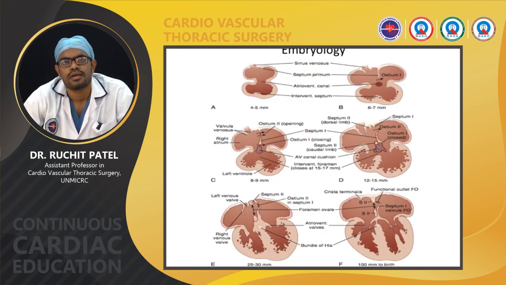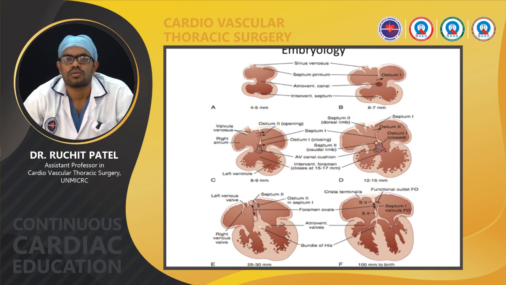Looking at the embryology, around the 6th week of gestation, the common atrium is divided by the septum primum, which grows from the roof of the common atrium towards the endocardial cushions, which form the future AV valves and eventually close the ostium primum at the AV valve area. After 8 weeks, the septum secundum grows rightwards and downwards from the common atrium to close out the ostium primum that is formed by the resorption of the caudal portion of the septum primum.